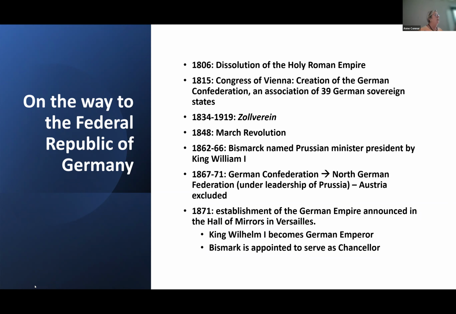So they were quite ahead of their time. And part of that Zollverein was even some states that were not part of the German states. But it went against some of the rules of the German Confederation and weakened that German Confederation. As almost everywhere in Europe, in 1848, there is a revolution that is triggered by some intellectuals